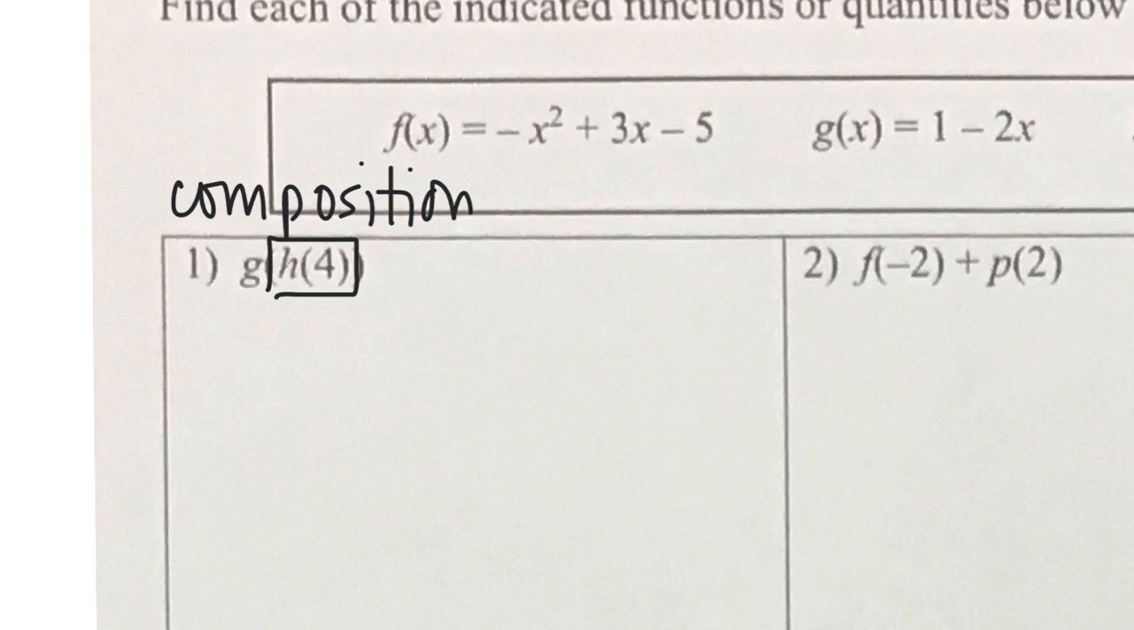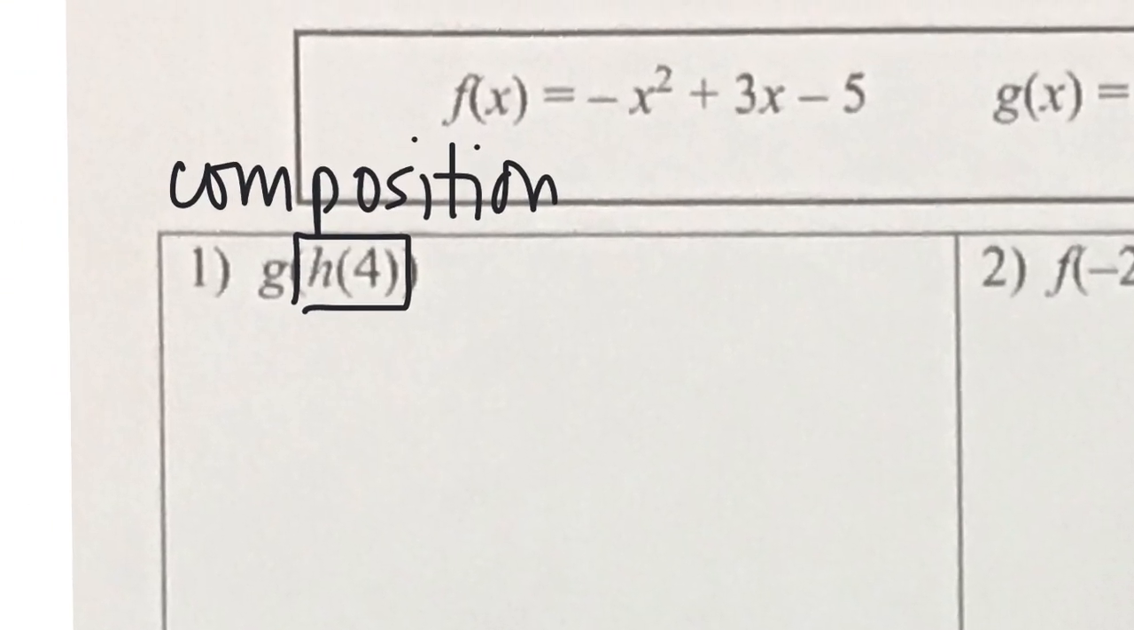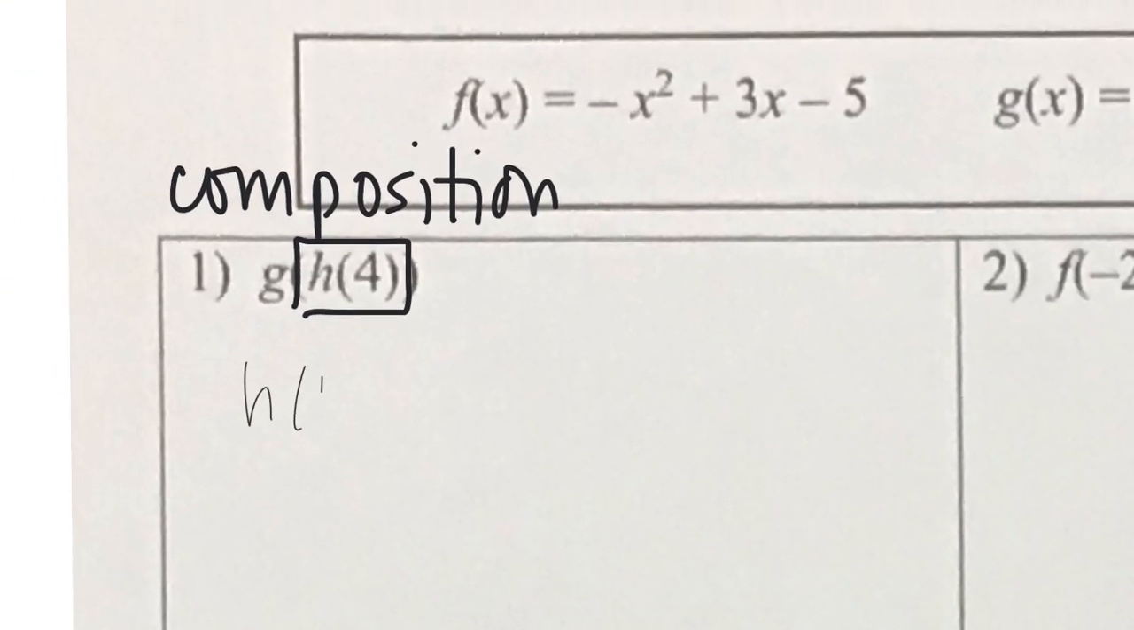of 4. Today, we're not given a graph, so we have to use the equation given to us for h. So we're going to first plug x equals 4 into the h equation. Okay, so plug x equals 4 into your h, and then we're going to get out a number. Okay, so that's what we do first. We find h of 4, which is 3/2 times 4